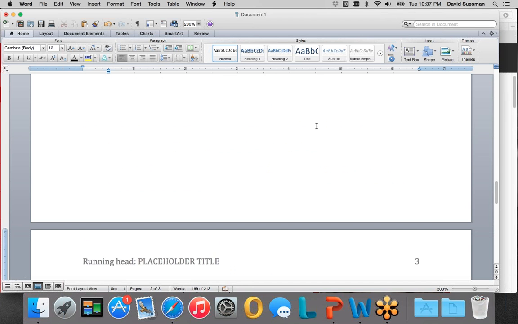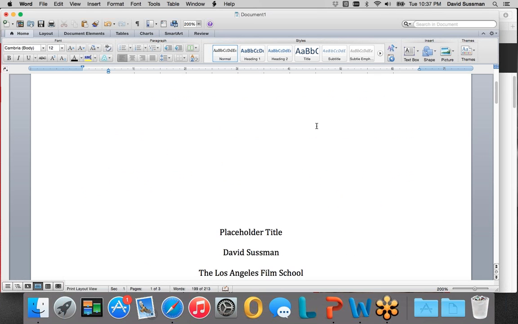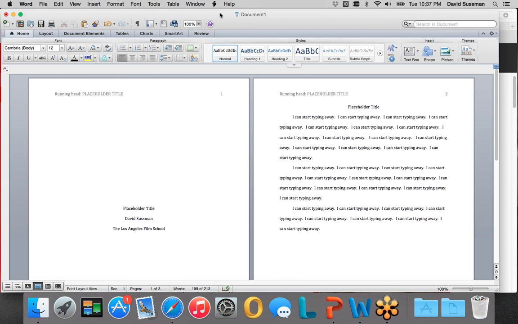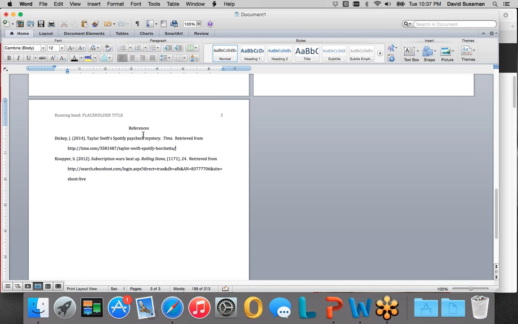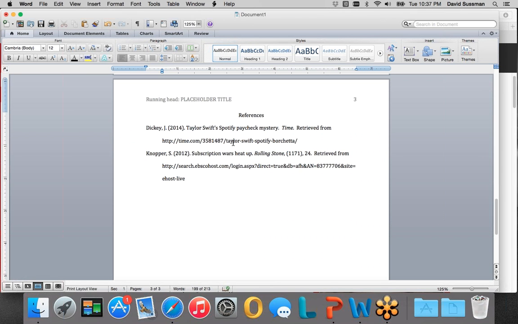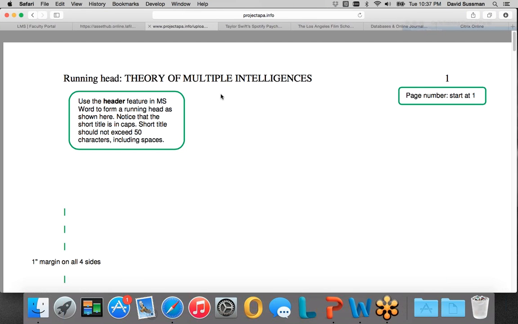And I hope you can see too, from an instructor's viewpoint, when it's in this format, it just looks more, here, let me make it smaller, it looks more professional. It looks more elegant. But remember, you have other places to find this information. Your McGraw-Hill readings cover this stuff. Project APA info, I already showed it once. Here it is again.